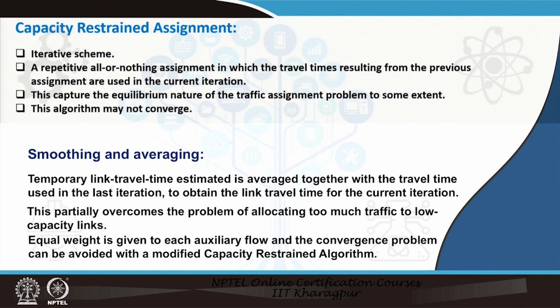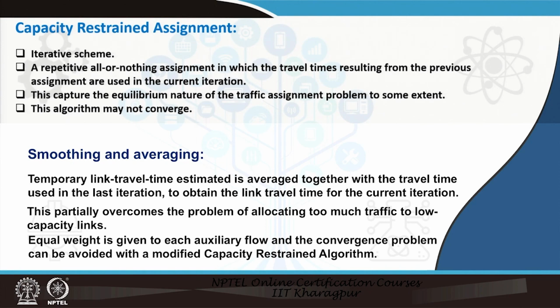We use a technique called smoothing and averaging. The temporary link travel times that we estimate over different iterations are averaged together, and the travel time used in the last iteration is averaged together with the travel time used in the previous iteration to obtain the link travel time for the current iteration. So that means instead of assigning the estimated travel time of the last iteration directly for all or nothing assignment,